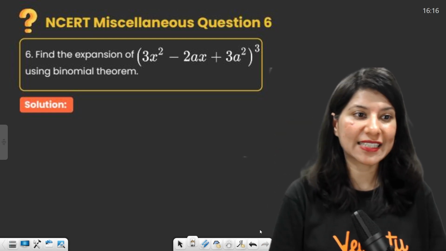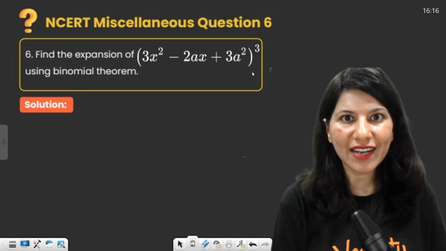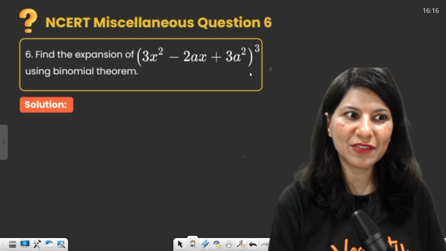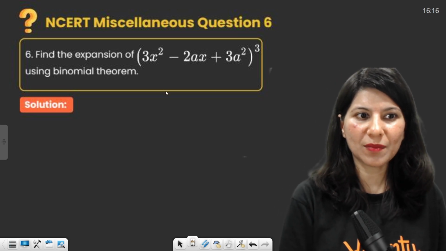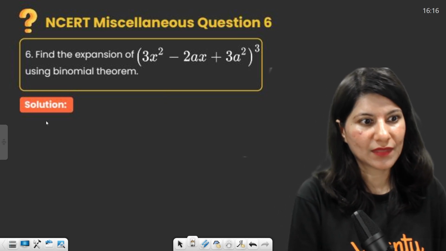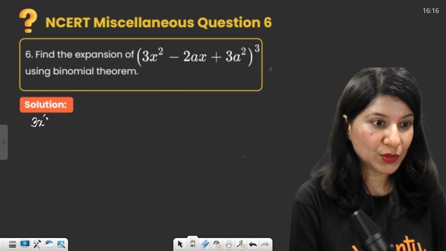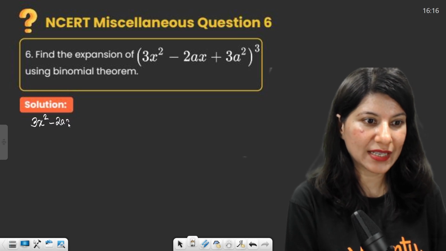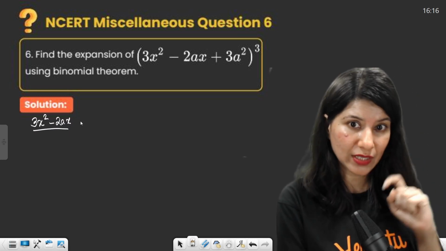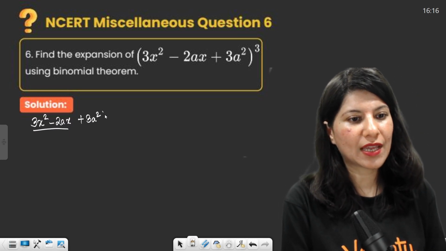Last question of miscellaneous exercise. Expansion of this. Again, trinomial expansion is given, but they are asking using binomial expansion. What do we do? You know that 3x square minus 2ax can be taken as one term altogether, plus 3a square can be taken as another term,